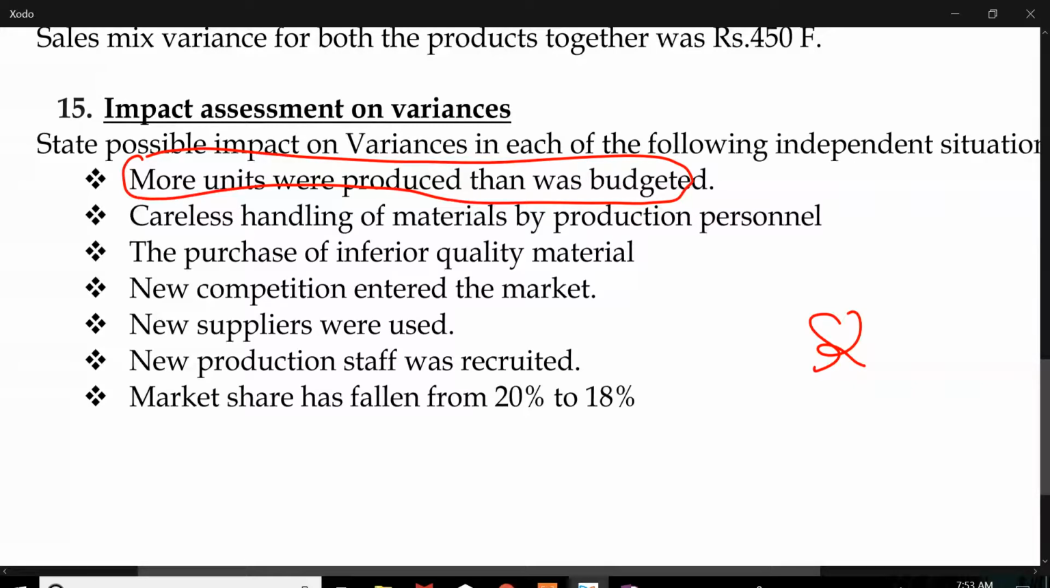Why favorable, you are asking? Because when you produce more units than you budgeted for, you have a better recovery of fixed overheads. So fixed overheads would want you to produce as many units as possible. Now the second part, what we have written,